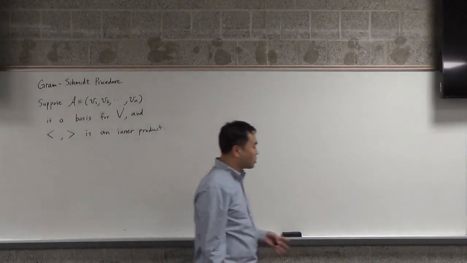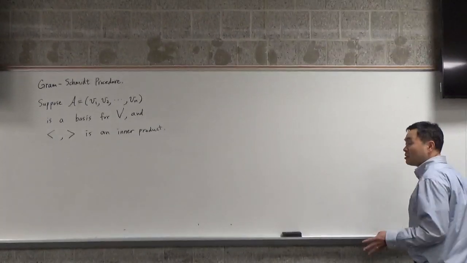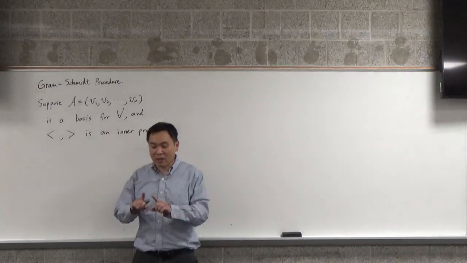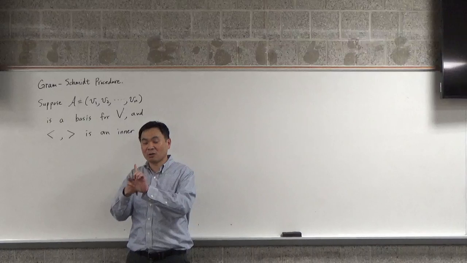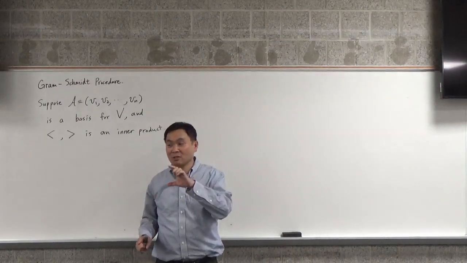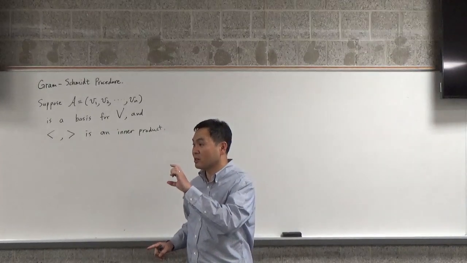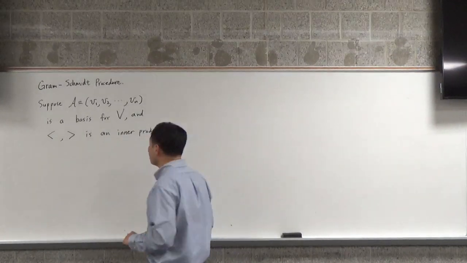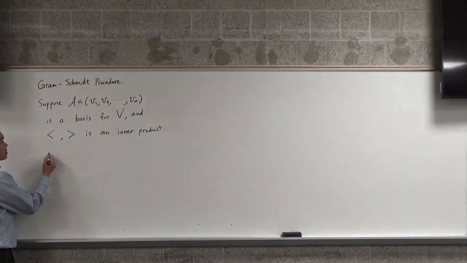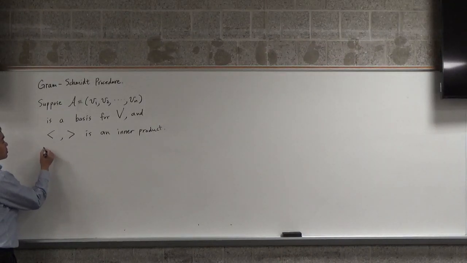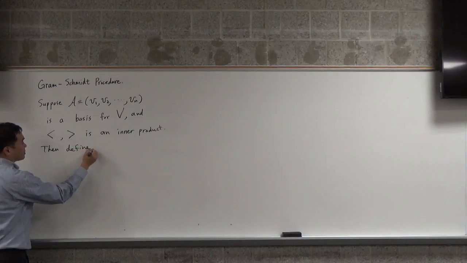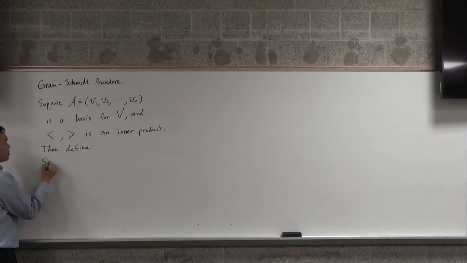Now the goal is to come up with a new set of bases so that two things happen. Every element in this basis is orthogonal to each other, and every element in this basis has size 1. Okay? That's what you want. So what you do is, define, okay, step 1,